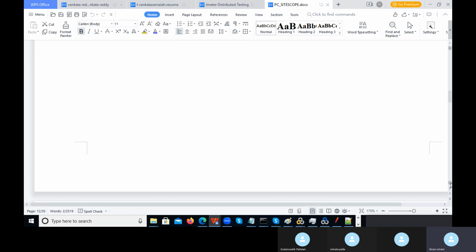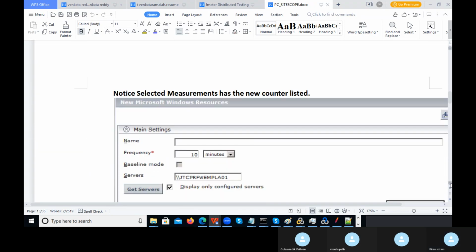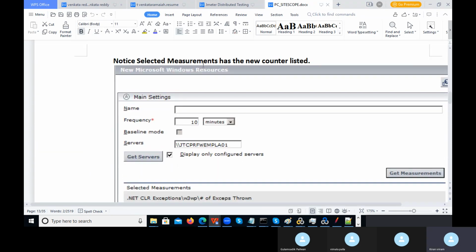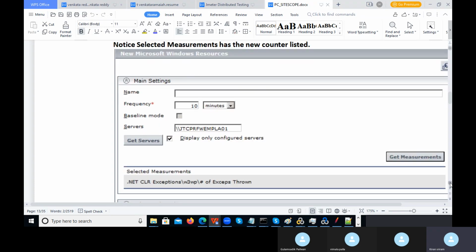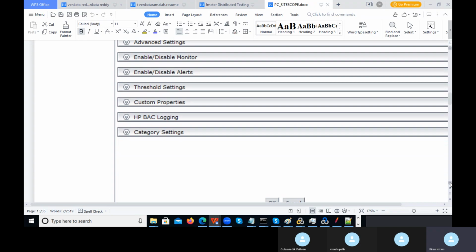After that, if you added Microsoft, then notice selected measurement has to be the new counter list. So now we are able to see the counter list. See get measurements. If you click on get measurements,